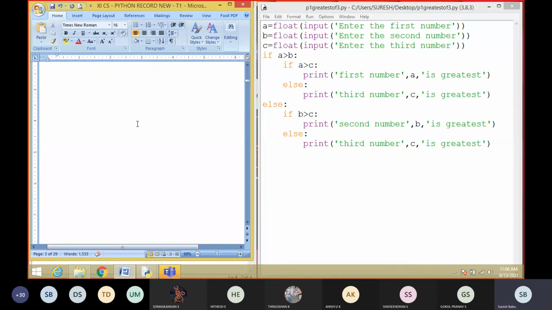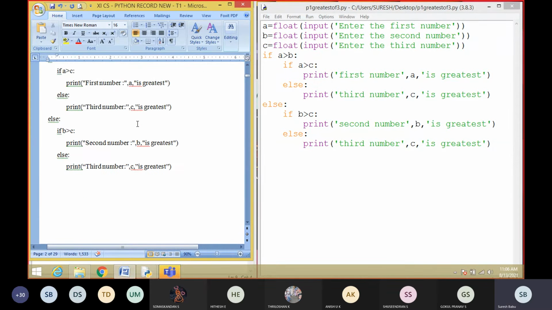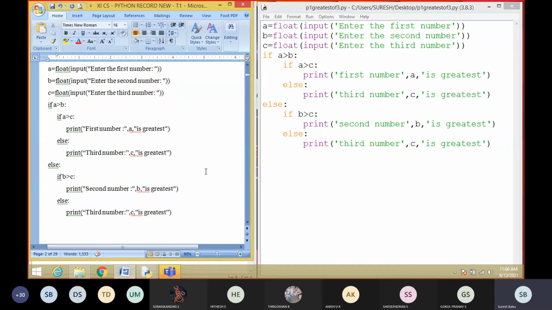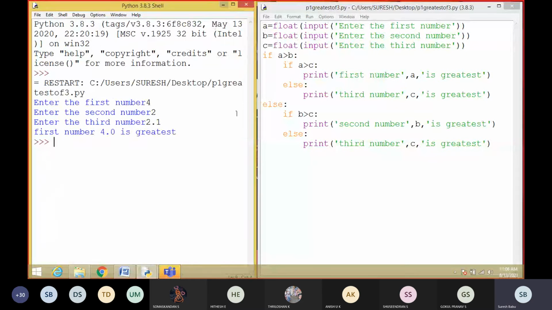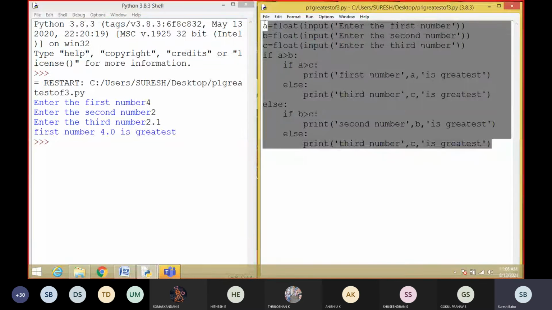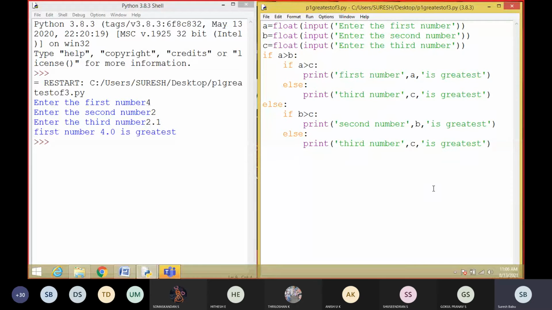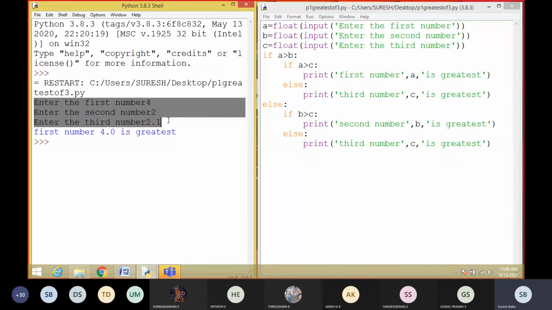Students, did you understand? Any doubts regarding the first program? No, sir. Okay, so take this screenshot. Students, after this class, you have to execute this program. Same program, execute it yourself. You give your own input. Give 3 different values yourself and check. Okay? Kindly note down the program, students.